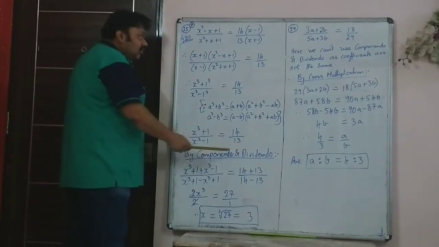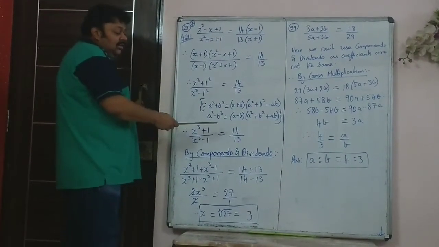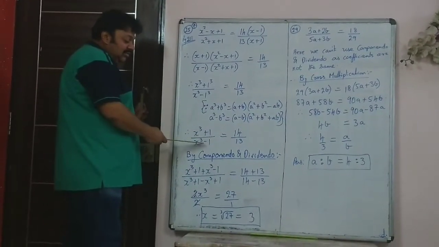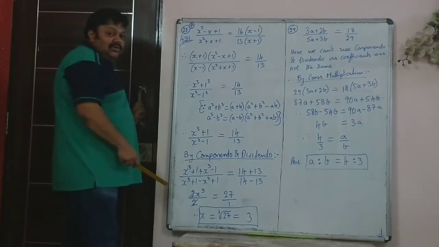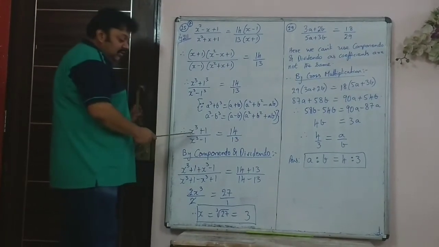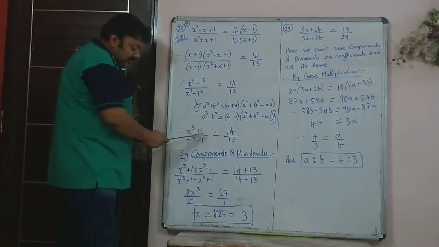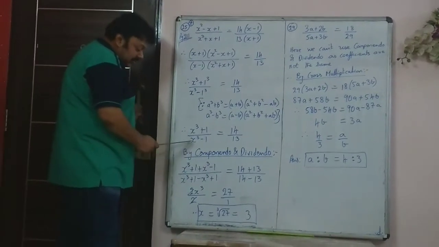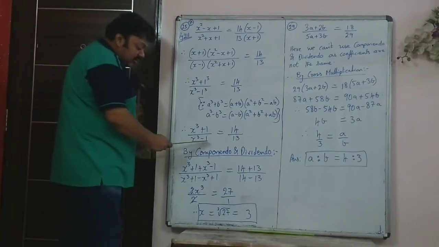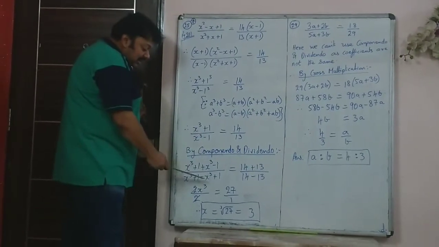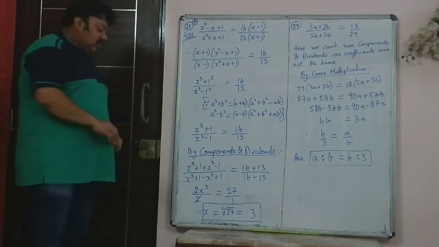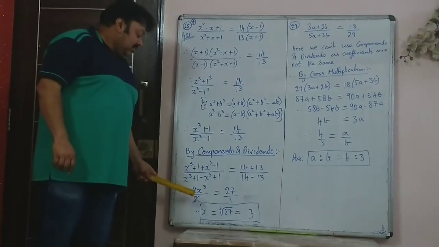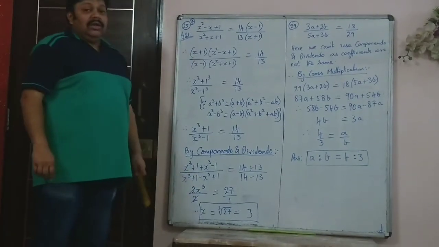Now once we have reduced this sum in this form, then using componendo dividendo is very simple because you have the same terms and only the sign of the coefficient of 1 is different. So when you use componendo dividendo, it will be numerator plus the denominator upon numerator minus the denominator. So when you do minus denominator, it will become minus x cube plus 1. So from this, the numerator becomes 2x cube and denominator becomes 2. 2 and 2 get cancelled, only x cube remains.